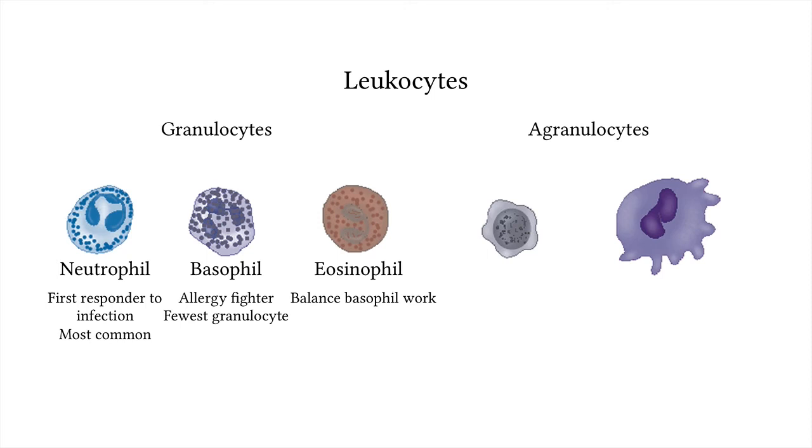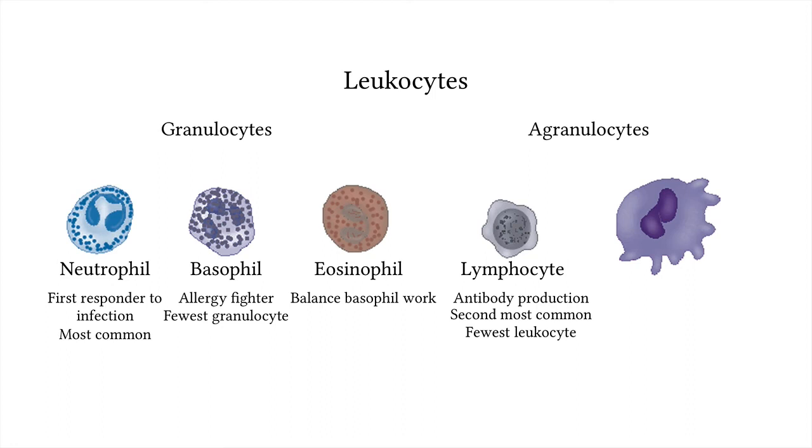Among the agranulocytes, let's look at the lymphocytes first. They are a bit bigger than the red blood cells, yet they are the smallest of the leukocytes, although they are the second most common ones, too. Their nucleus stains a dark color, and a small halo of cytoplasm can be seen. Lymphocytes are involved with the lymph system. They produce antibodies that are proteins that are designed to attack foreign invaders.